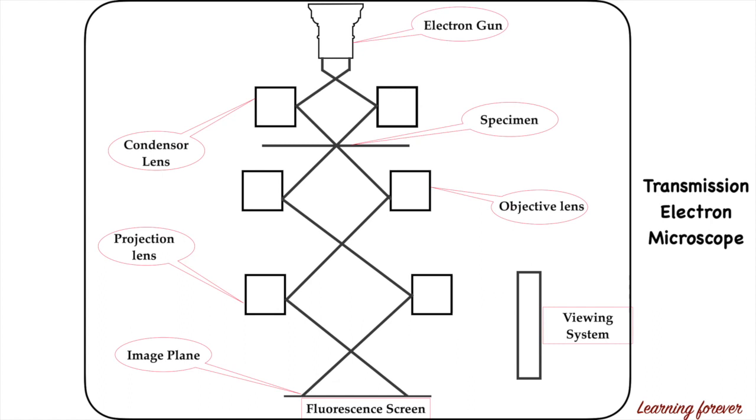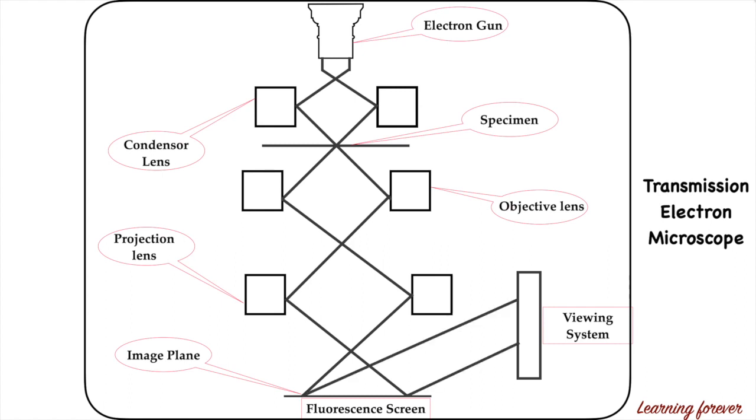So to summarize, the electron microscope consists of four important components. First important thing is the vacuum. To ensure this vacuum inside the electron microscope, we use a protective shield. So the entire procedure of electron microscopy is done in a vacuum. Second component is the electron gun, which generates the electrons. Third component is the series of lenses. These lenses help in magnification of the image. And remember that in electron microscopy, all these are electromagnetic lenses.